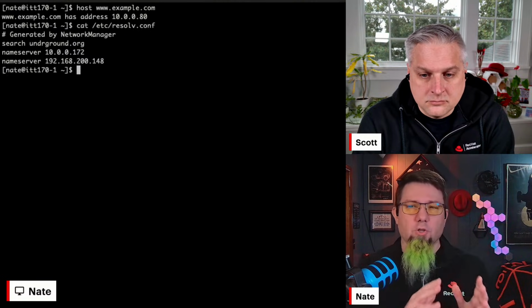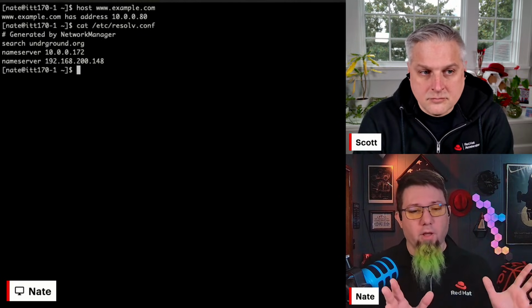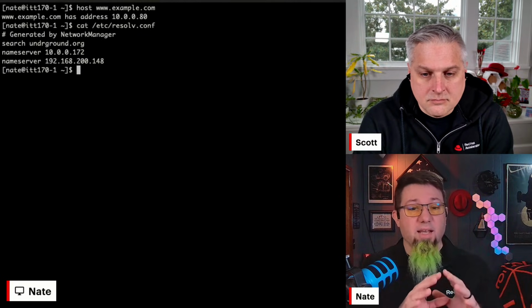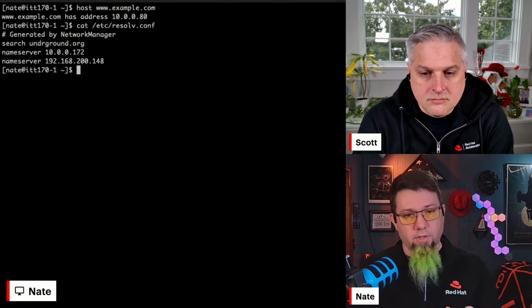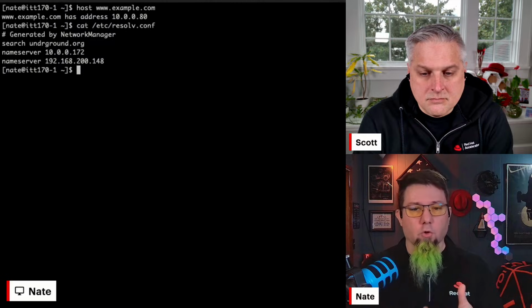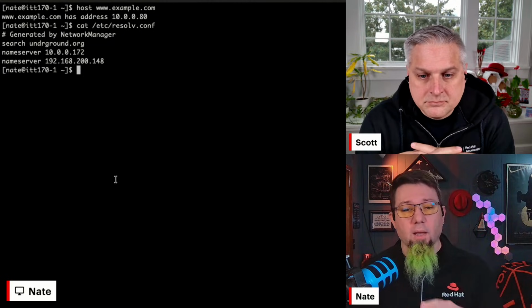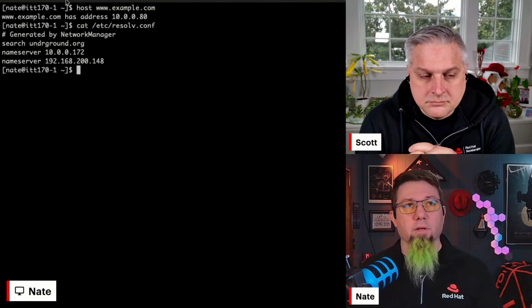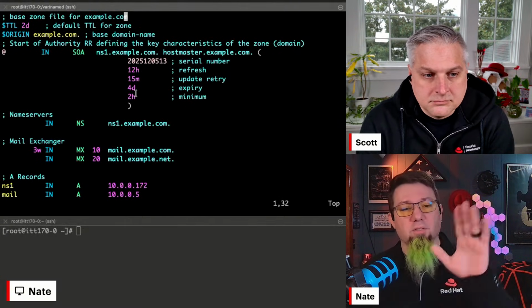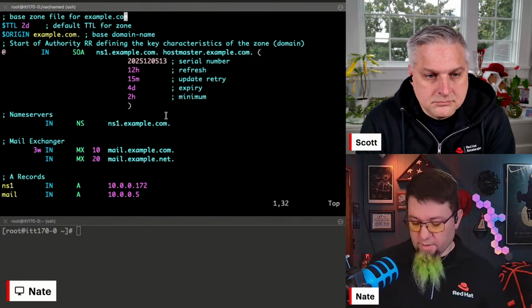Now there's also secondary servers, which are meant for failover purposes. And then there's DNS cache servers or recursor-only servers, right? Most queries go through a recursor or a cache server, because that's just the way DNS was designed to work. Maybe you'll show that to us in your whiteboarding later, Scott. But here's the zone file for example.com, right?